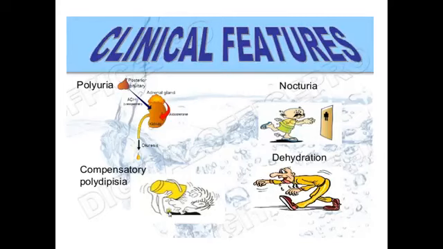So from this we have understood there will be polyuria, so excessive urine. When ADH is not there, there will be excessive urine, and to compensate for that, the patient will be drinking a lot of water. This will lead to nocturia. The excessive urine production leads him to wake up at night to go to the washroom to relieve himself, and this excessive water loss in turn also causes a lot of dehydration.